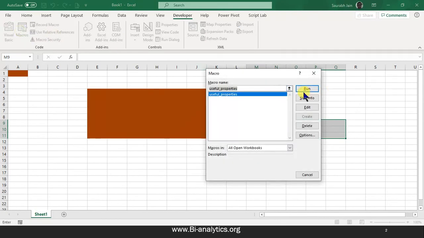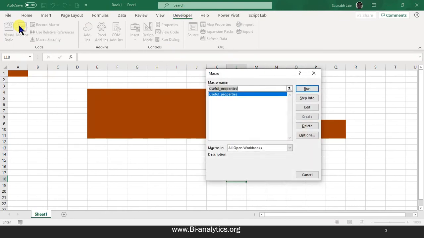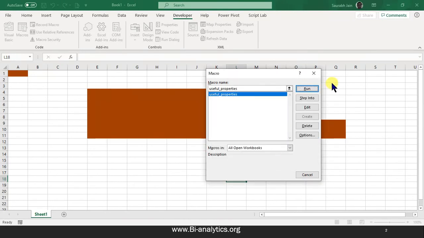Macros, Run. Fine. Now we can even do something like Macros and I say Options and set the shortcut key. I name it say shortcut key something like O. So now when I press Control O, this will serve the purpose. Let's see. Okay.